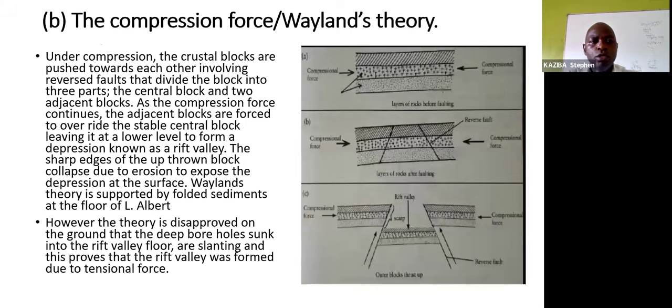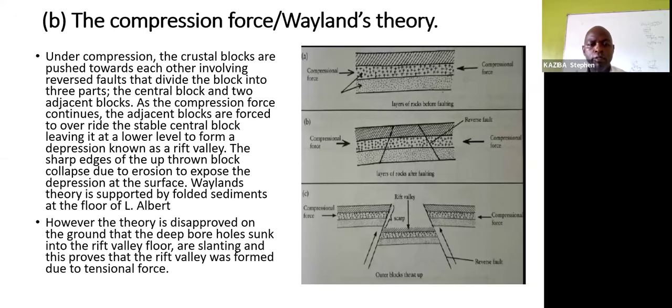Then when you're done with that, you go to another theory, which is the compressional force theory. Of course, that one is associated with the converging convective currents, which lead to compression forces, which act on layers of the Earth's crust, leading to development of reversed faults. And land is divided into 3 blocks. Then further action by compression forces makes the 2 outer blocks override the center block. And when they override, the overhanging sides are worn down by erosion to create an open